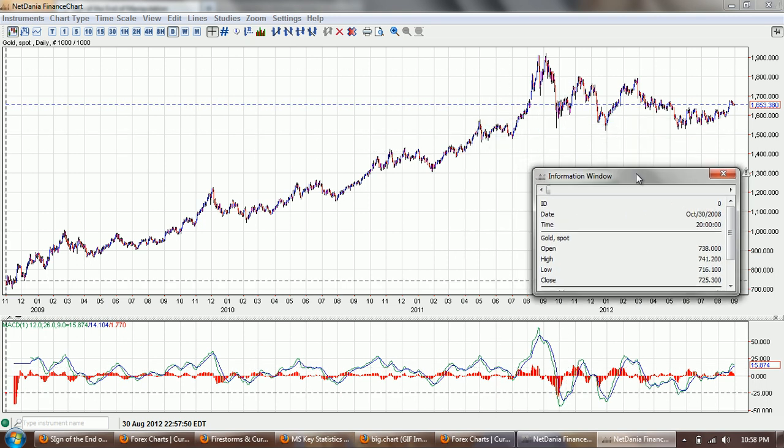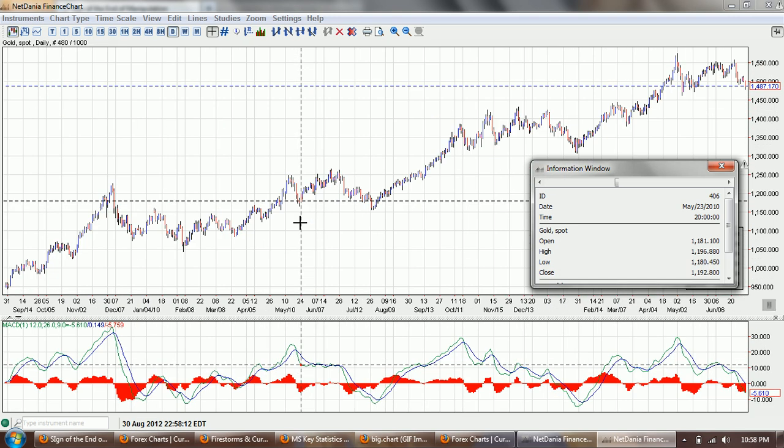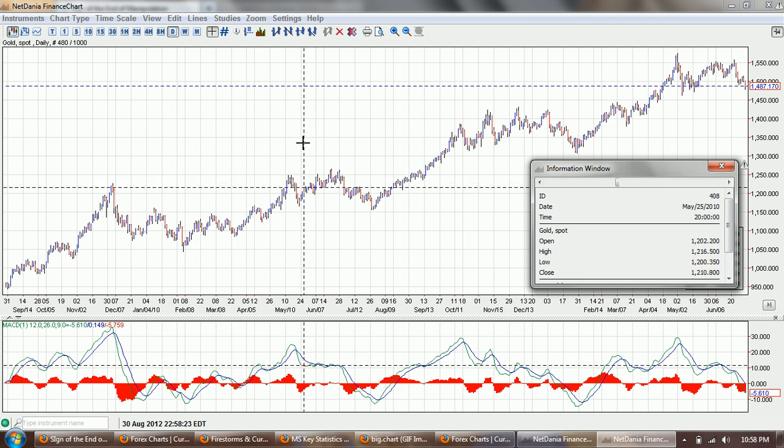You get the high, low, and close. So if we zoom in a little bit, you can see that there are plenty of days that violate that rule. This day here, you can see we had an open at 1348, a close at 1386. So there's nearly a $40 run. So obviously, once that